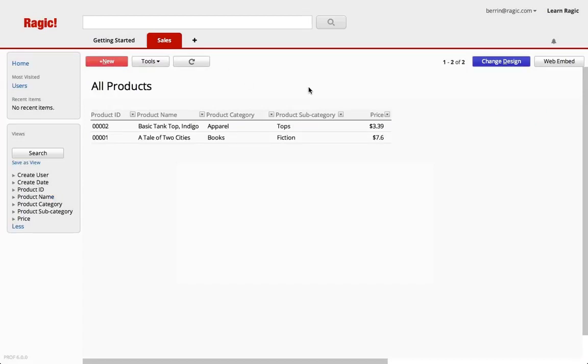You just learned how to design a basic database application. Now try it yourself. In our next tutorial, I will show how to create a subtable on your form design.